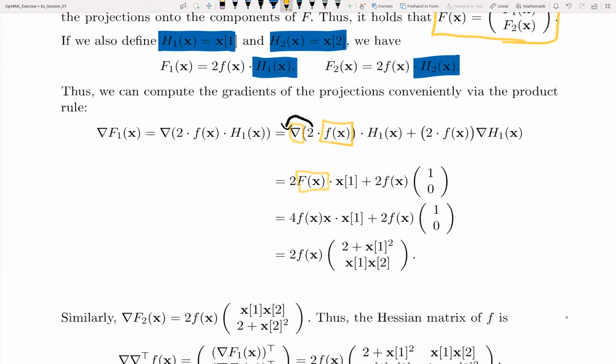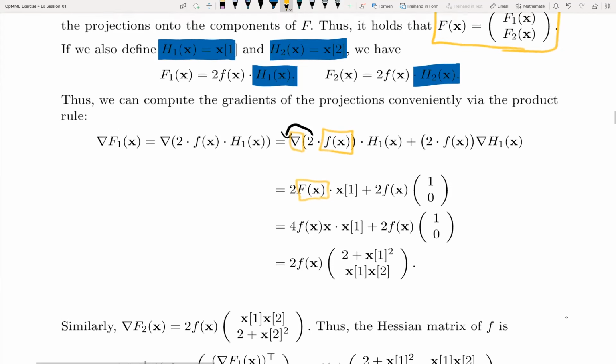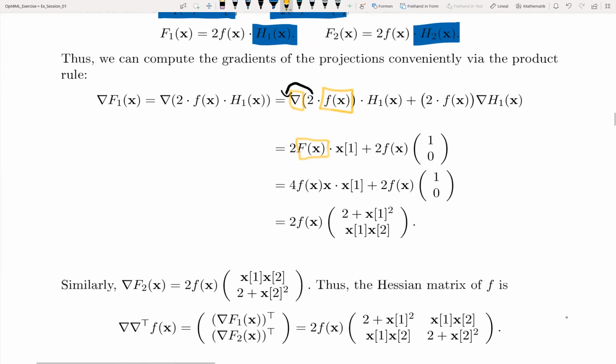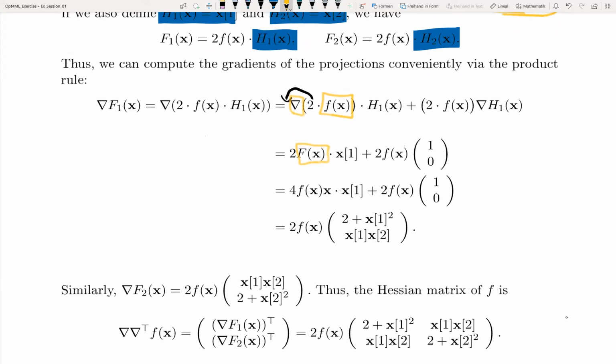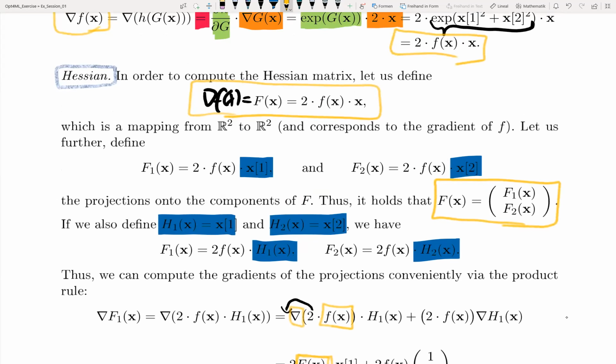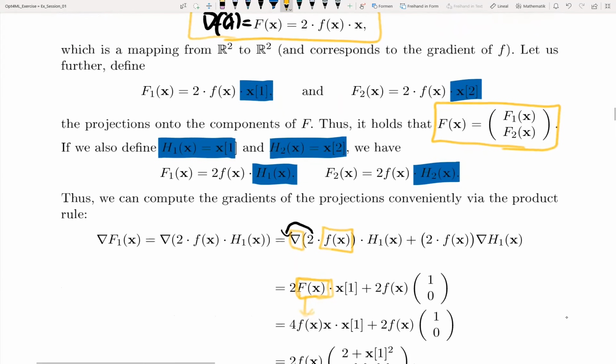All right, then what we do is, what we do next is... I don't know why this was necessary, but what we do then is, again, the definition of f of x. So we have computed the f of x before the gradient, and the gradient is 2 times